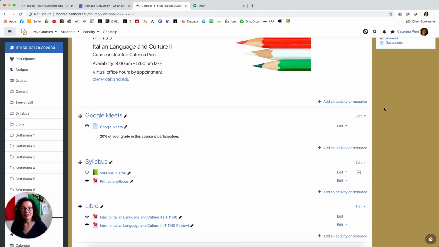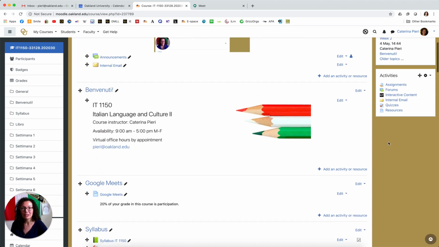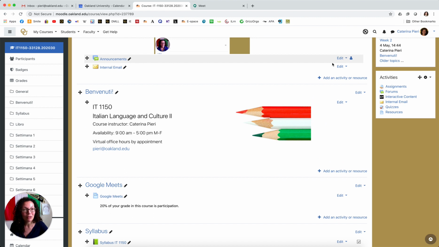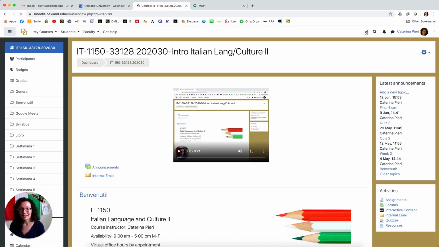Okay, all right, so once you put it in the best position you want, you can click again on the pencil icon to exit editing mode, and you're done. You have all the meetings. Students and you are going to always use the same link for all of the meetings throughout the semester.